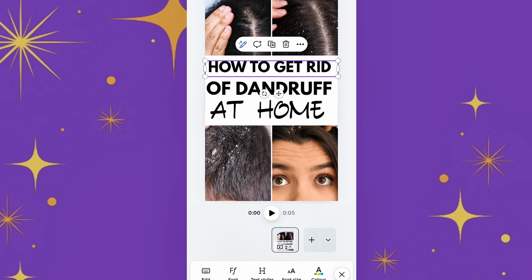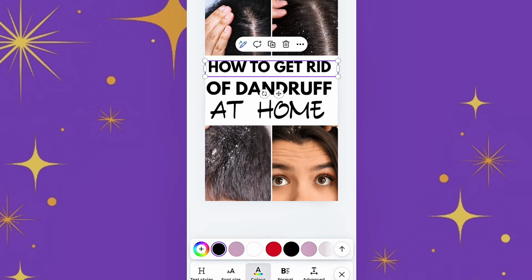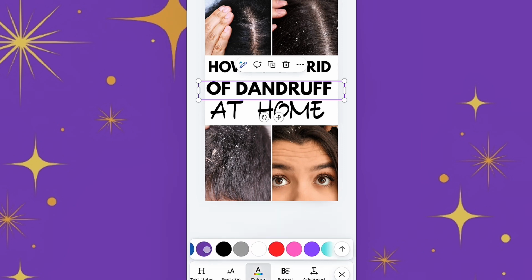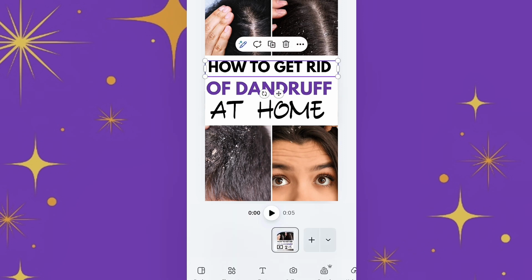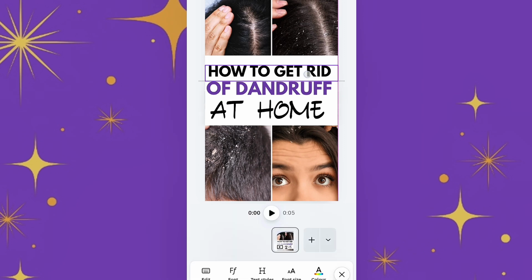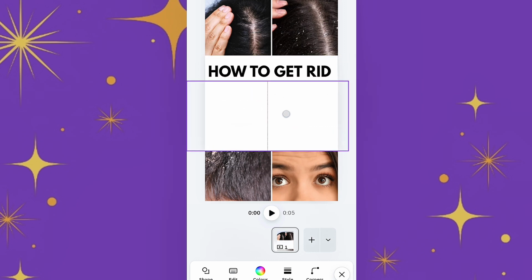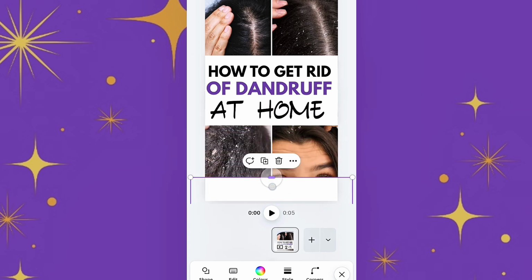black, you can then click on the write-up and then scroll down here where you see text color, where you see color for your text, and then you choose the color you want to use. So for this particular design, let's change the color of dandruff, okay, to another color. Let's leave it at purple. So once you're done choosing the color you want, the next thing we are going to do is to click on our shape to duplicate our shape by clicking on the plus icon to duplicate, and then we are taking it down,